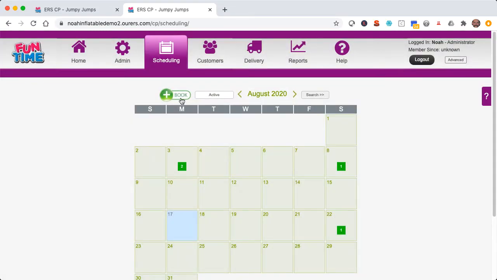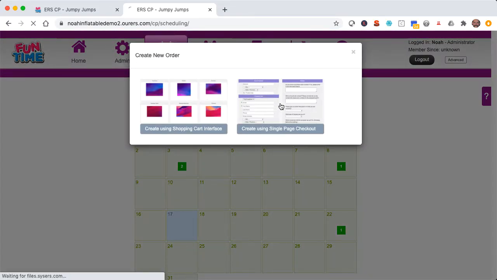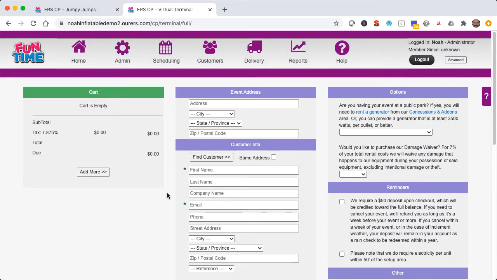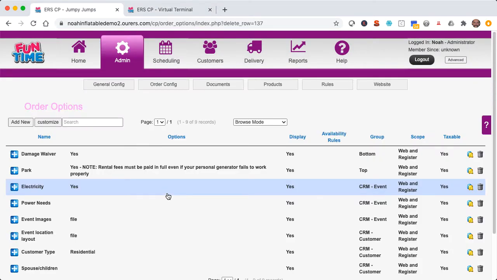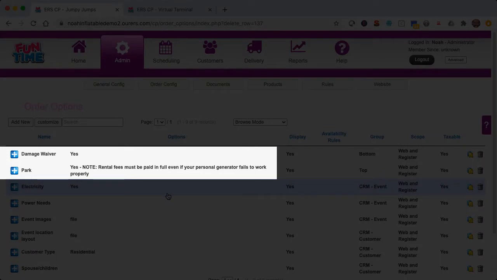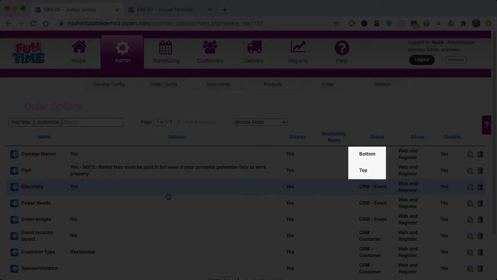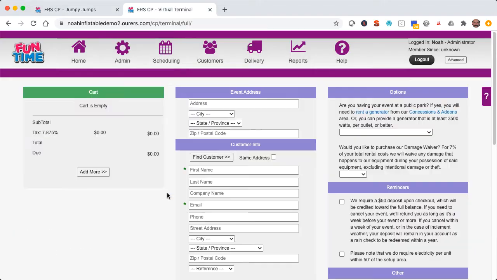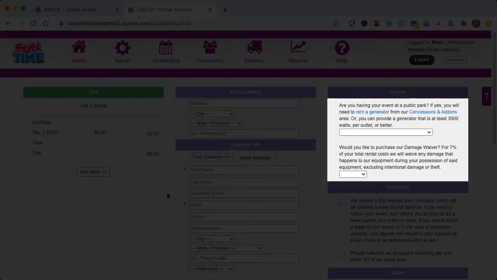Alright, let's go ahead and resume placing this order. Once again, we're going to use the single page checkout here. So if we go back into our other open browser tab in Order Options, we can see that we've got Damage Waiver and Park at the top of our list, and those order options are in the bottom and top group, respectively. And if we click back into our Quick Checkout tab, we can see where those order options live